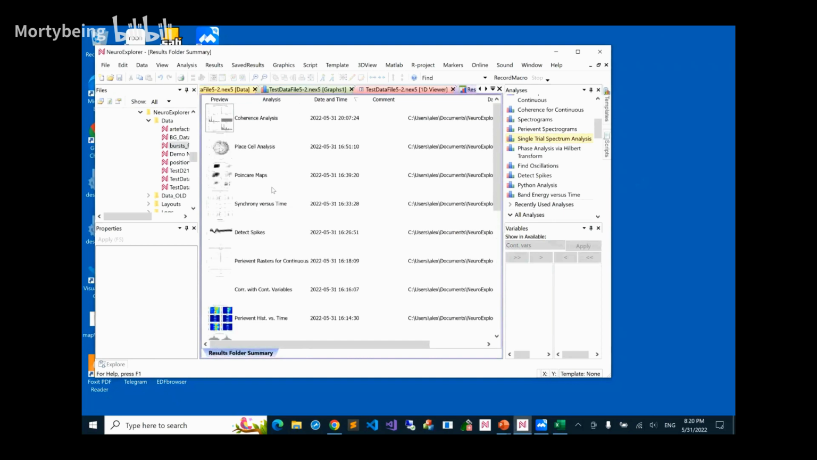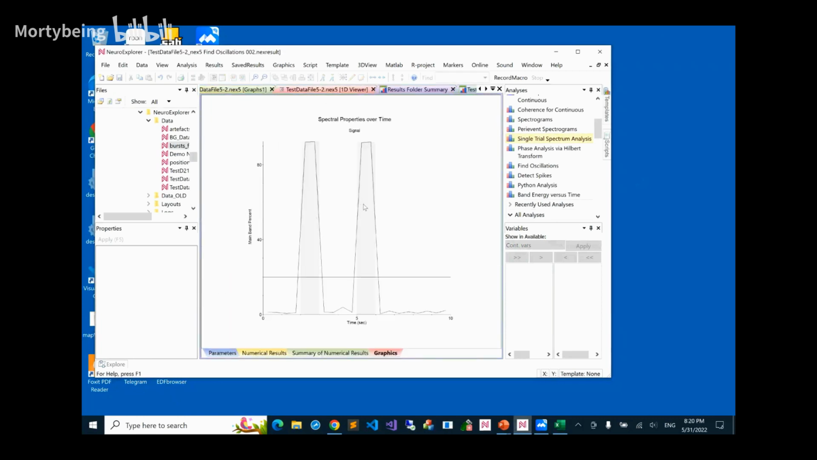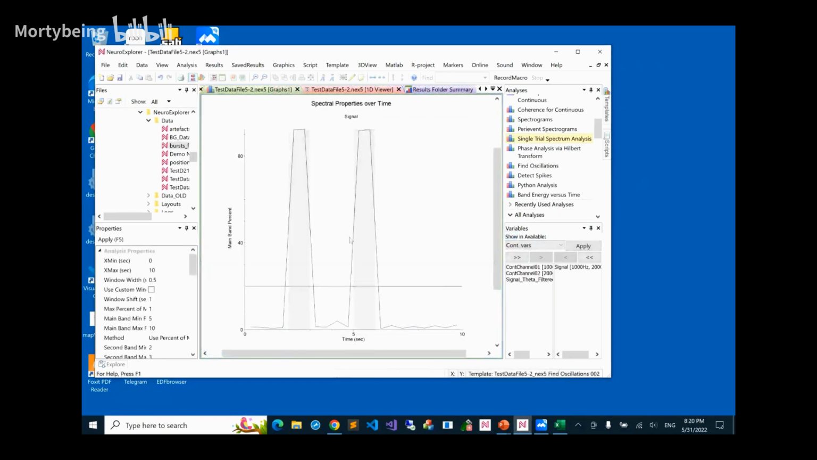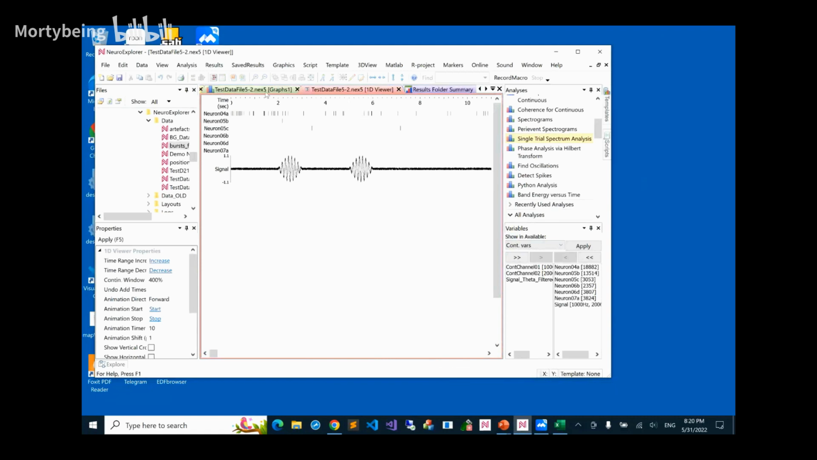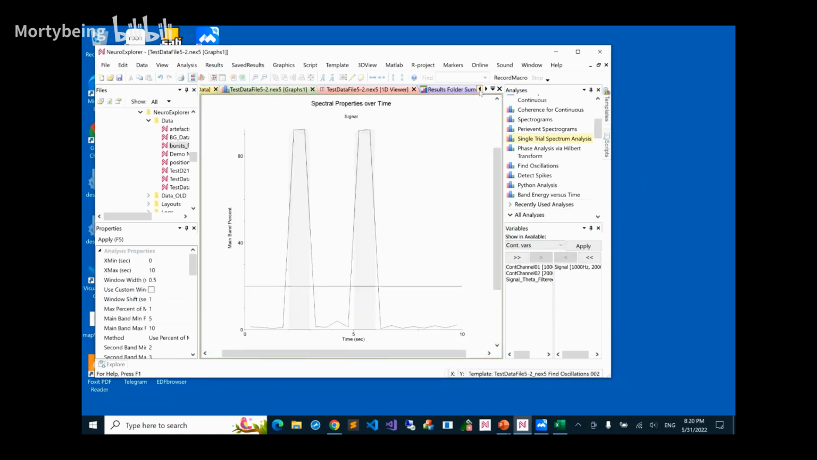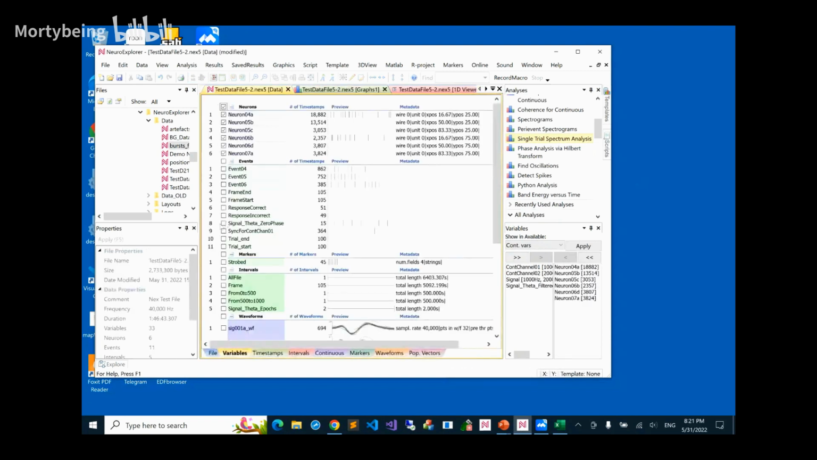Find oscillations, pyramid rasters, find oscillations. What this particular analysis does is calculate the power of a specific band, for this one the theta band, and then it creates a number of variables. If we go to the first window, it actually created signal theta 0 phase. That's the start of each wave of this theta phase. So let's go here and add those